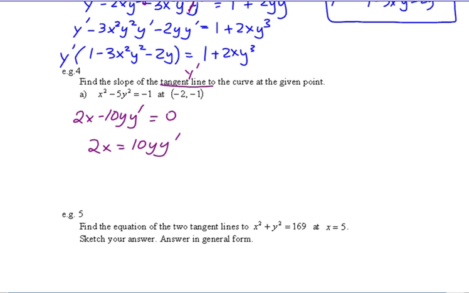Add 10y prime to both sides. Okay, so we get, I'm going to write the y prime on this side. Is that okay? I just like it on the left. Y prime equals 2x divided by 10y, which can be reduced to x over 5y. Now, that's the slope of the tangent line at any point on our graph. We specifically want it at